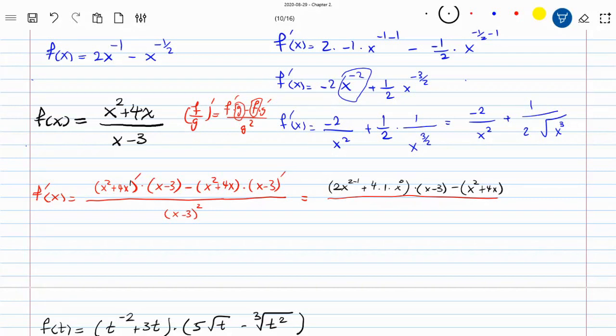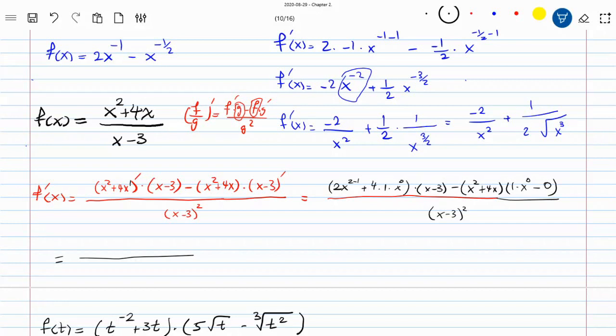Derivative of x minus 3: the derivative of x is again 1 times x to the power 0, minus 3. Derivative of 3 is 0, since the derivative of a constant is 0. All divided by the denominator squared, x minus 3 squared. Finally,